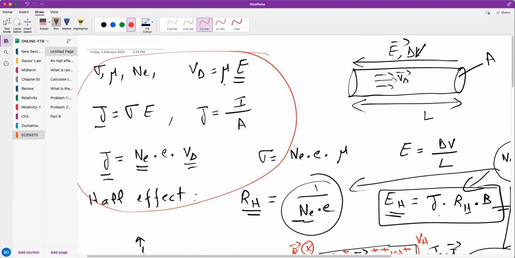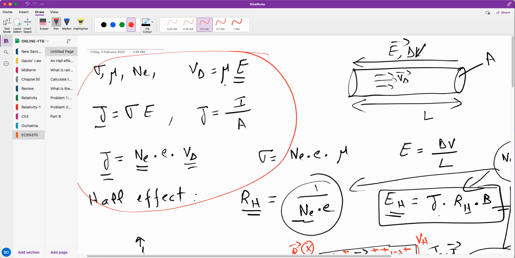This is pure electrical engineering for conductors. We will see them also for semiconductors. We will also calculate the conductivity for semiconductors, for holes, and so this you need to know